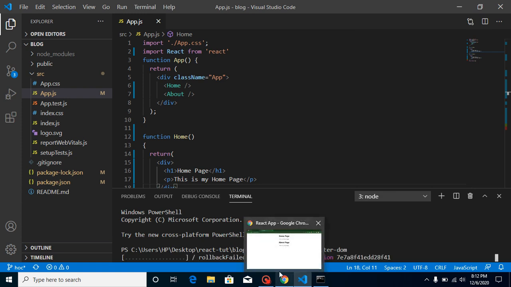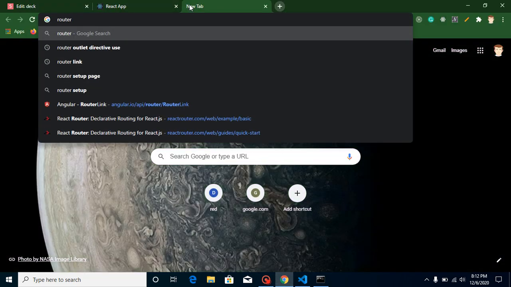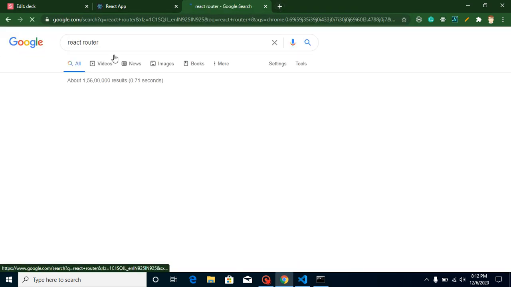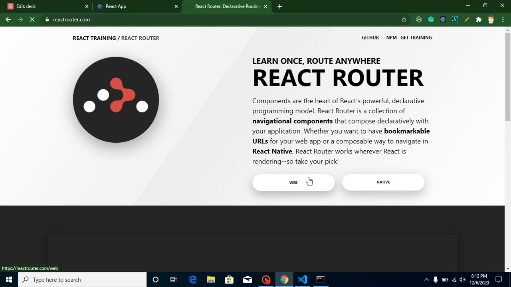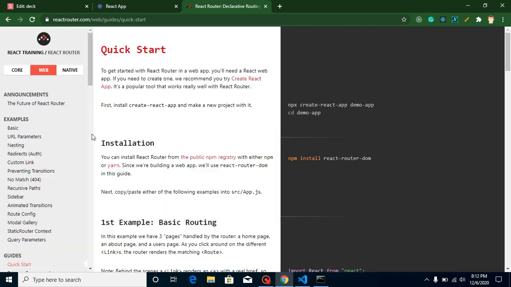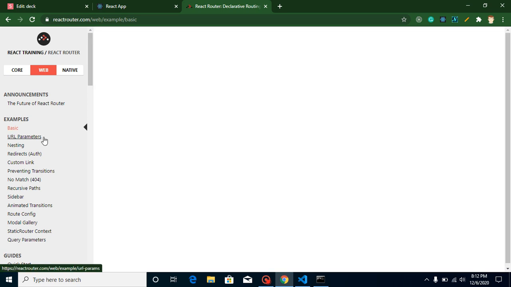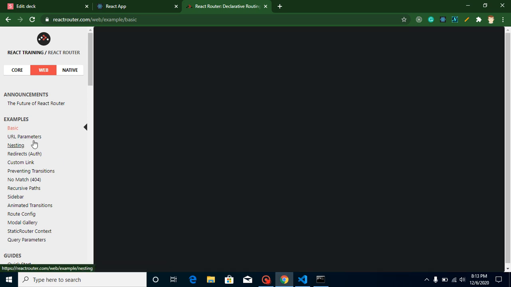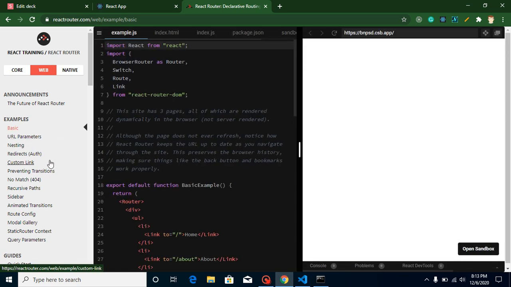While this is installing, let's check out the official website of React Router. Just write React Router, and this is the official website, and you can get some basic code from there, nesting URLs, whatever you want.